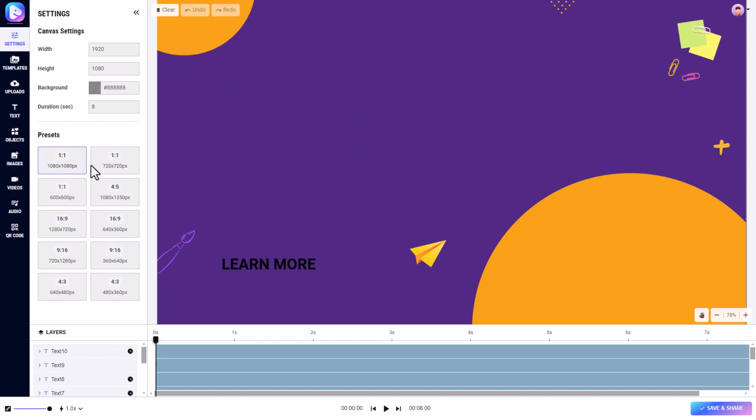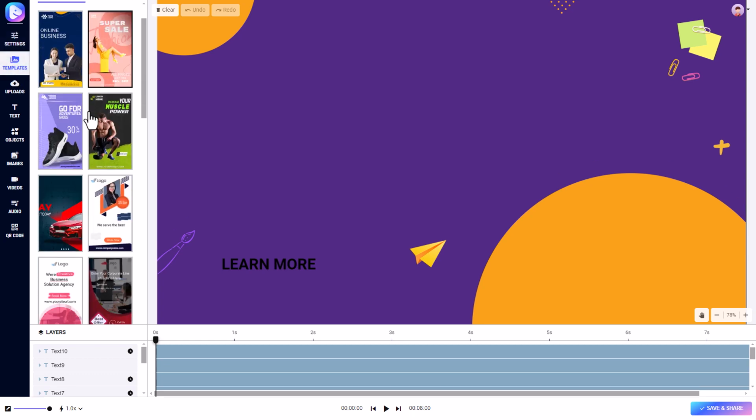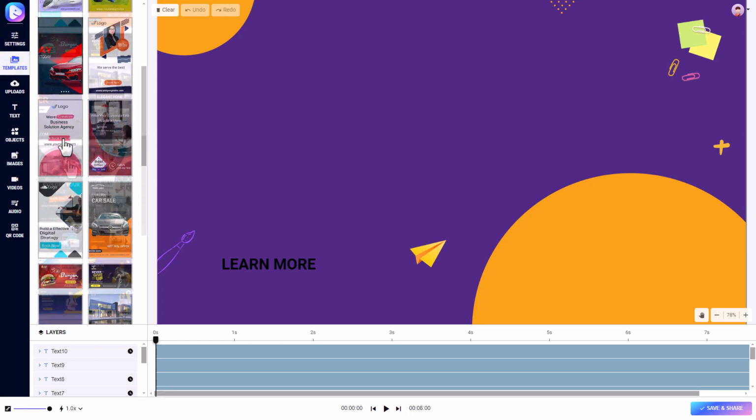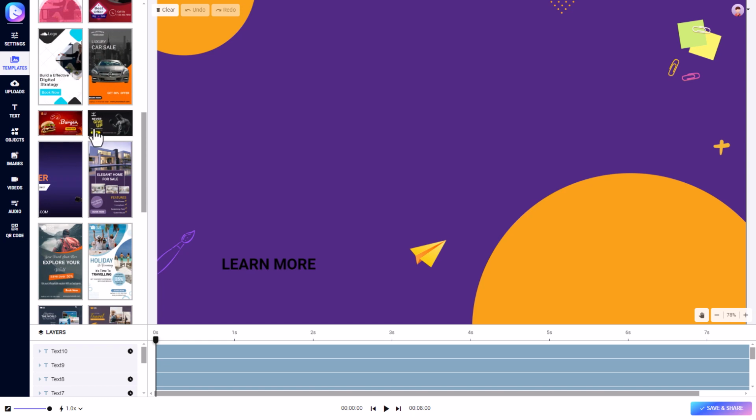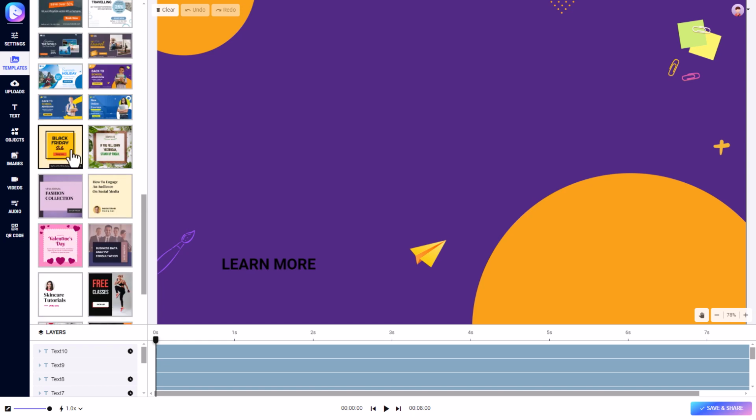Got all these different aspect ratios, 1:1, 16:9, etc. I would want to make a 16:9 HD content, but I can only go up to 16:9 1280. I can't seem to get to 1080p. However, I can do a 1:1 1080p, which is a bit odd. So if I go to templates, you can see we've got our vertical templates, we've got some 16:9 templates, and down here we've got some square templates.